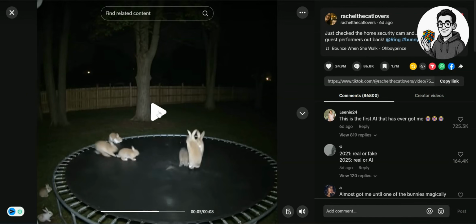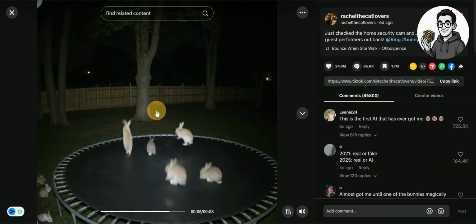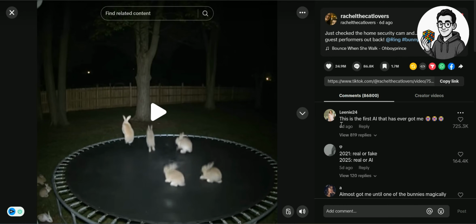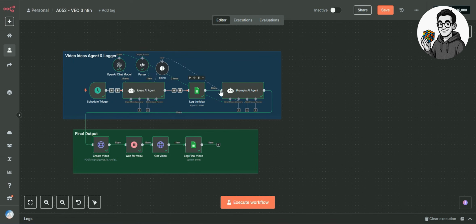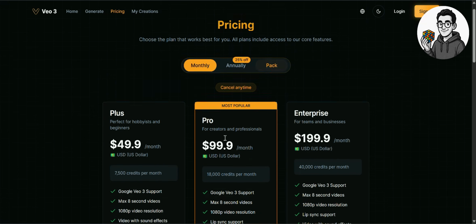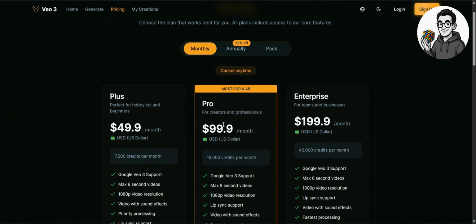And I'm sure that many of you have seen this video of the rabbits hopping on the trampoline. And if you look in the comments, you can see that people don't even realize at first that these are made with AI. And this video has 25 million likes. And these videos can now be fully automated within n8n without having to deal with Google's $99 per month minimum